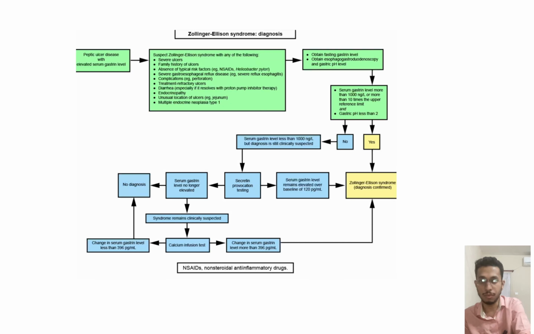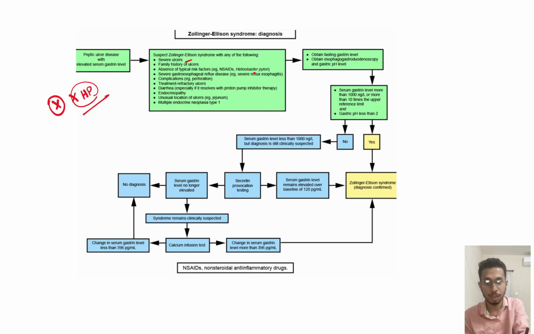Alright. So, if you check the chart, when you suspect, obviously there is severe ulcer, multiple ulcer, refractory to treatment, and there is absence of typical risk factor. I have just shown you the chart which showed the usual risk factors of peptic ulcer. Most common was H. pylori, second most common was NSAID. So, if the person is not taking NSAID, there is no risk factor for H. pylori, or the H. pylori eradication therapy has already been tried, in such cases you can consider to check for